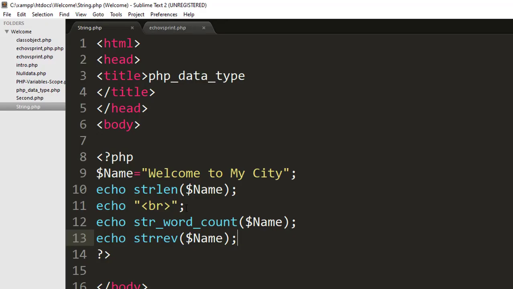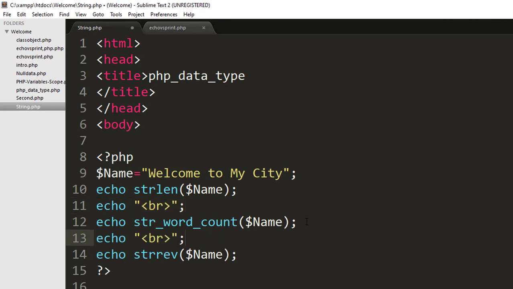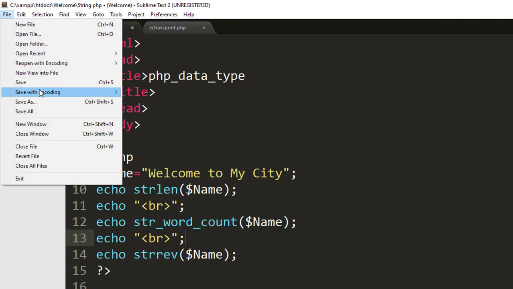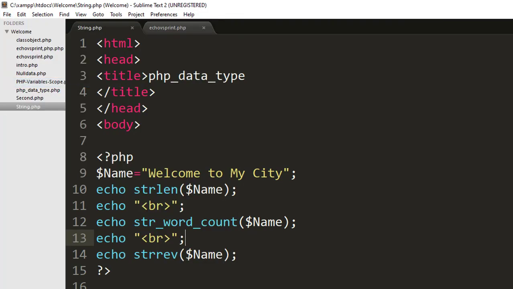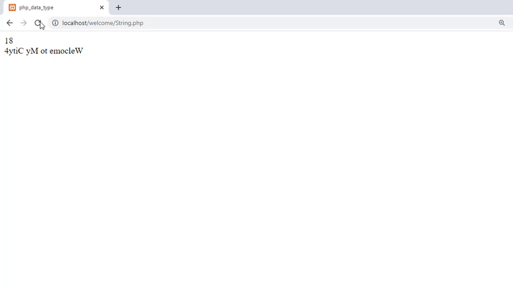Put a br here again, save. It reverses each and every word, and also the sequence of the words.